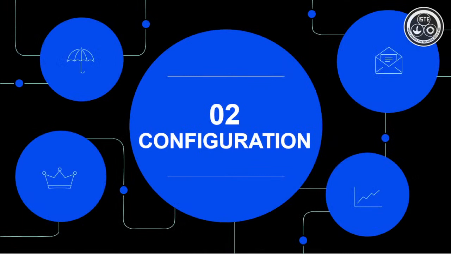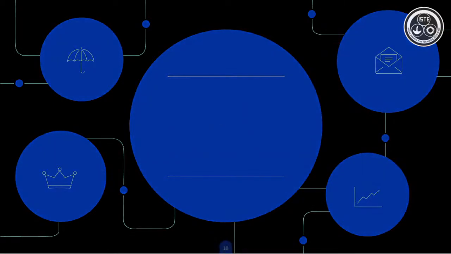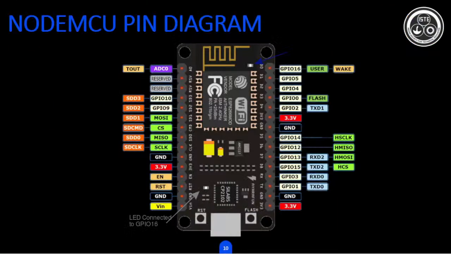Next, as per the agenda, we will be seeing the configuration of the devices. First, in the configuration, we will see the pin diagram of the NodeMCU. This is the clipboard of the NodeMCU, which has the pin diagram explained here. You can see there are several pins on the left and right side of the NodeMCU. The main thing you should notice is the digital pins, starting from D0, D1, D2, D3, D4, D5 and several others, and 3.3 volts. It does not have a 5 volt output pin. It only has a 3.3 volt output pin, and several grounds. There are 4 grounds here, and a 3.3 volt pin,